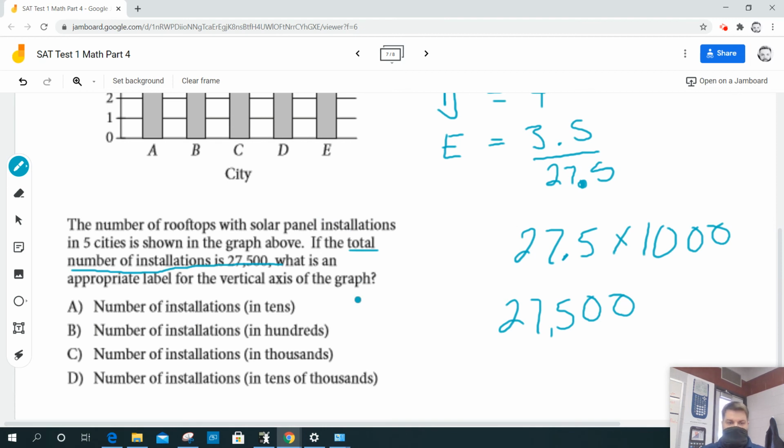So that means that the vertical axis is the number of installations in the thousands. Does that make sense? Could you do a problem like this in about a month and